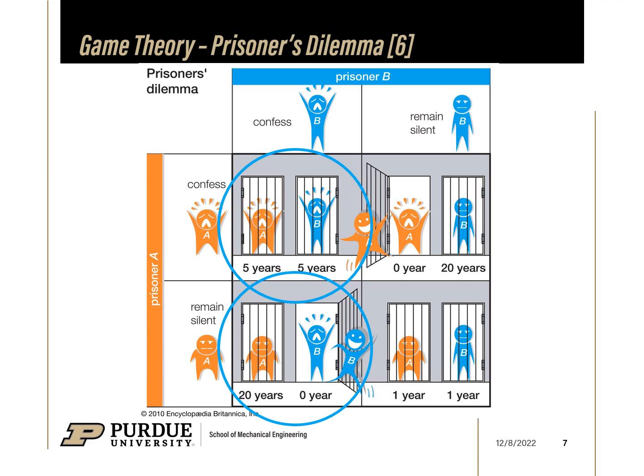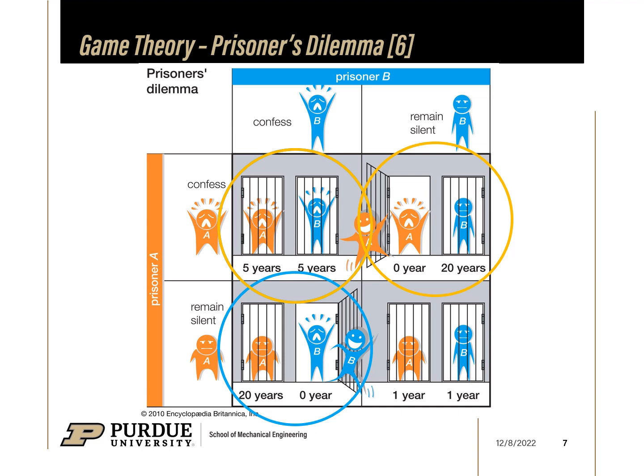Now, if we go and swap to prisoner A, what should he do when prisoner B decides to remain silent? Well, he should choose to confess, because he'll get 0 years, whereas the prisoner B will get 20 years. Now, if prisoner B decides to confess, what should prisoner A do? Well, he should confess as well, because he'll get 5 years instead of 20 years.